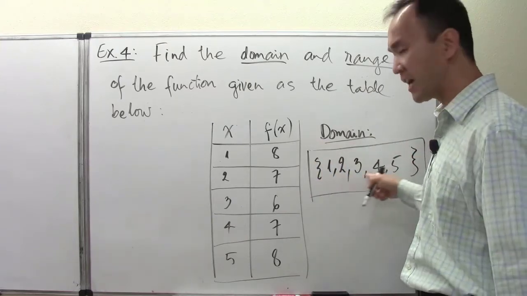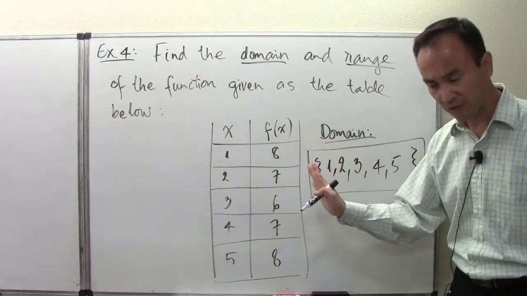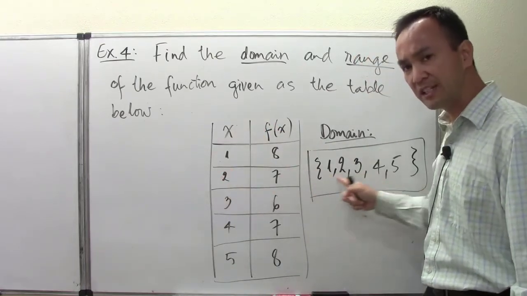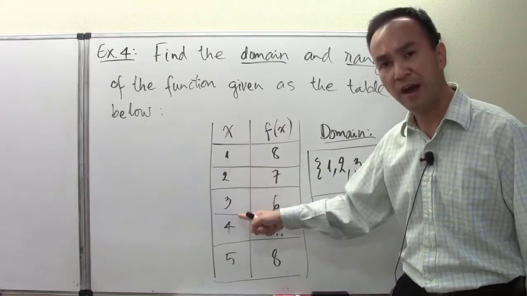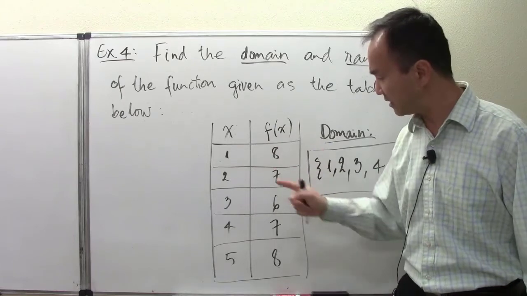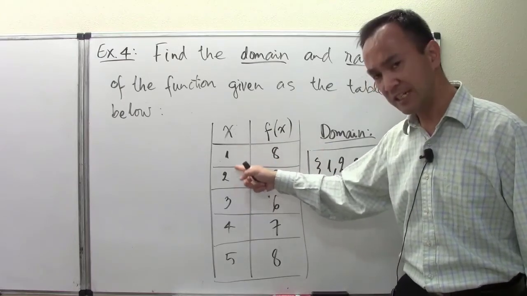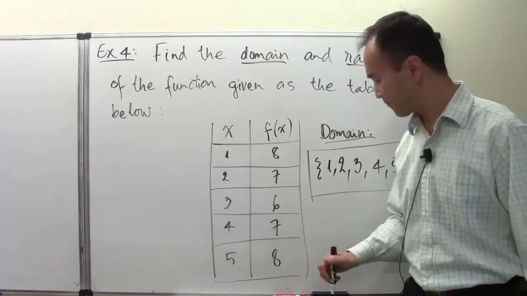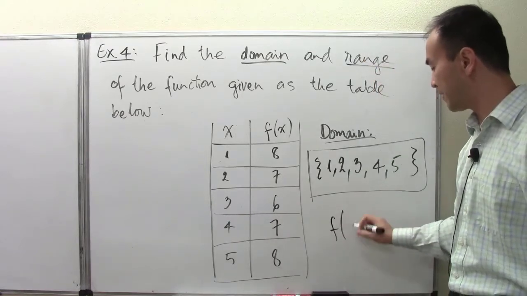It's the set of inputs that's possible for this function. Now see, why is it only these values? Because these are the only values where we know what the function gives outputs for. These are the only inputs that's possible for us to come out with an output. Because if we're asking for f of 7,